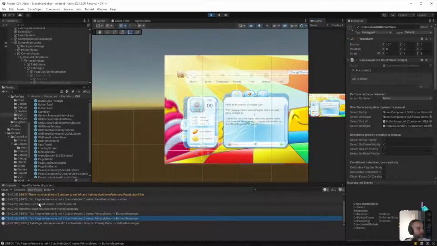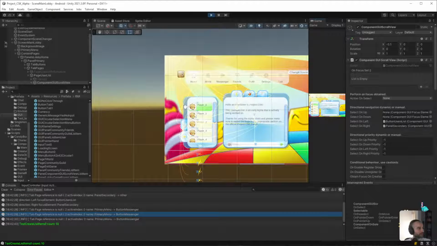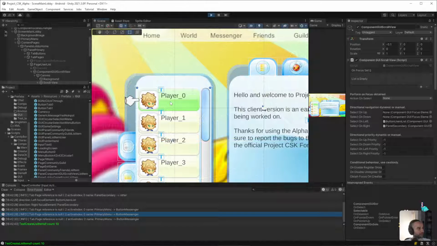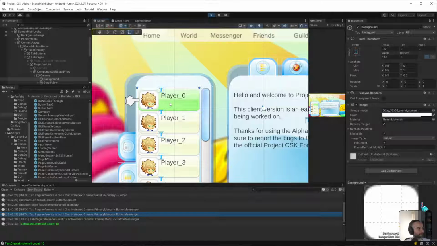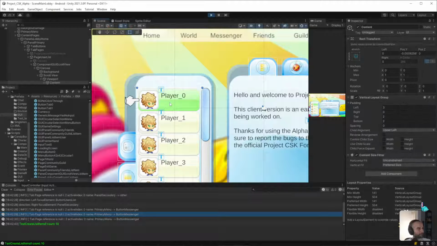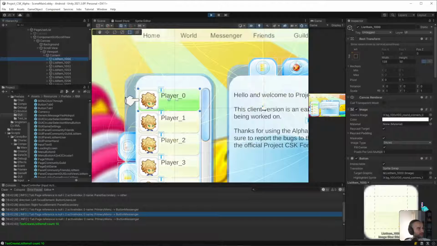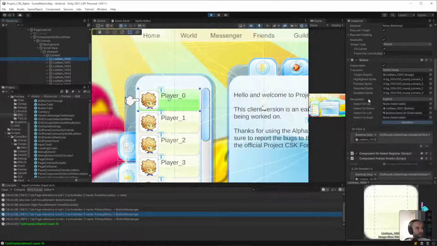Okay, so left is called, right is called, both are called. But why is it not being set then? Because when I go into here and we click on this object, we go into content, list item 0, and then the button, it has down, it has up, it has left, but it doesn't have right.